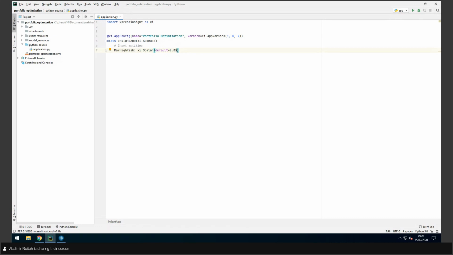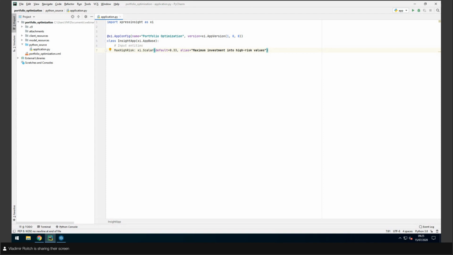And as you saw in the demo, the user is going to be able to change this value for a particular scenario. We can also tell Insight the type of this entity in the data model. In this case, the type of max high risk is going to be automatically derived from the type of the default value which we've passed in here, so this is going to be a floating point number. We can also specify an alias for the entity. This is just a more user-friendly label that's going to appear in the Insight user interface. For example, if this entity is used in a table column, in a chart, or in the Entity Explorer, we have the option of